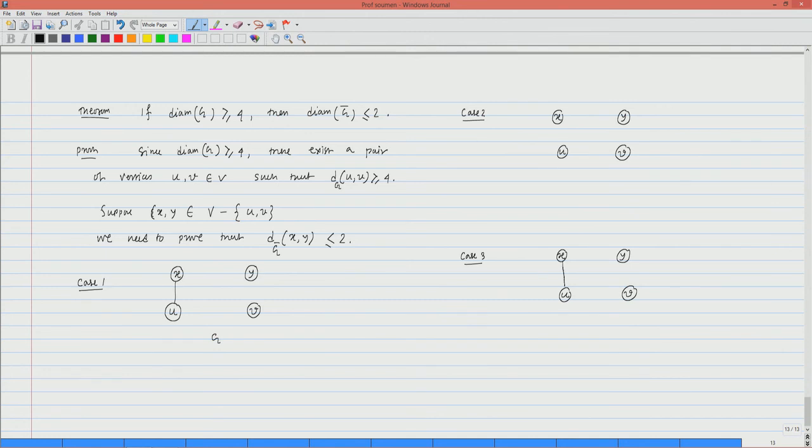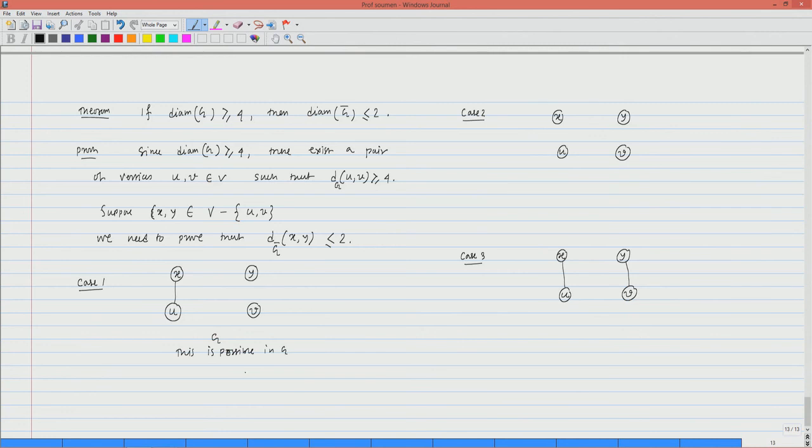X is adjacent to y and y is adjacent to v. So, these are the three cases basically you can think about. So, we consider 3 cases which cover everything. Now, what else we can assume here is that this is a possible situation, this is possible in